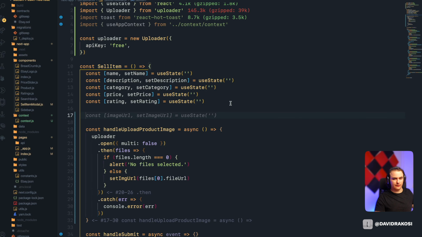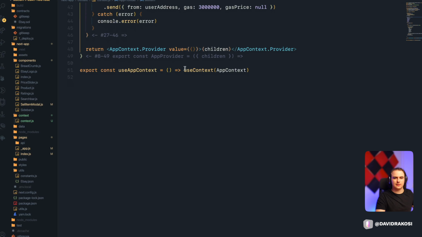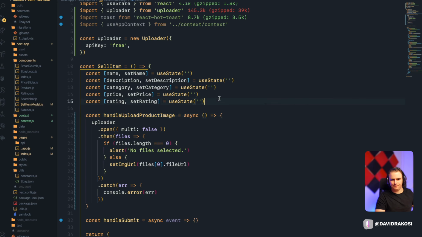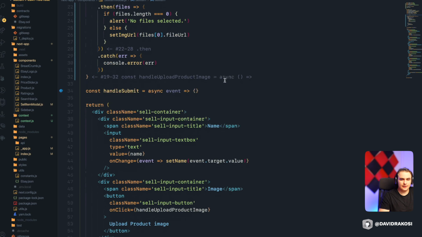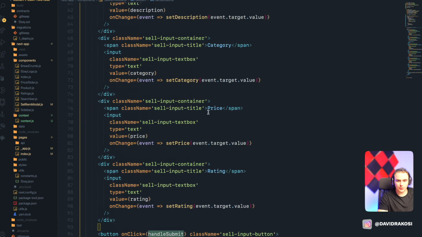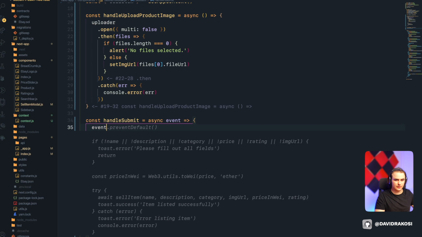Now, if you actually have one brain cell, like I don't, if we don't export this from our context, we're not going to be able to import it anywhere else. So, all right, we are all here to learn and improve, myself included. So you got the sell item function. Oh, that's pretty cool. Here's our handle submit function, which is already connected to the button. Nice. And so what you want to do is, before we move any further, you want to go ahead and say